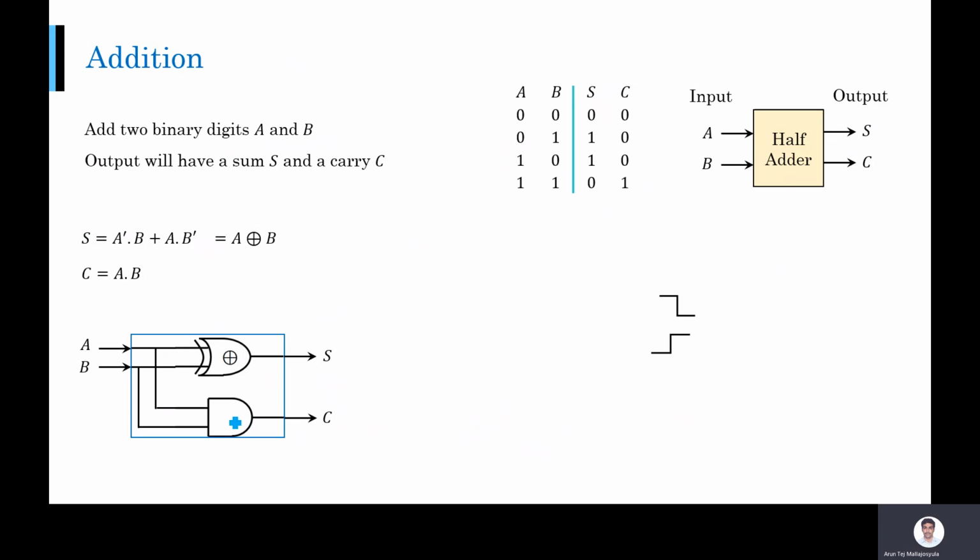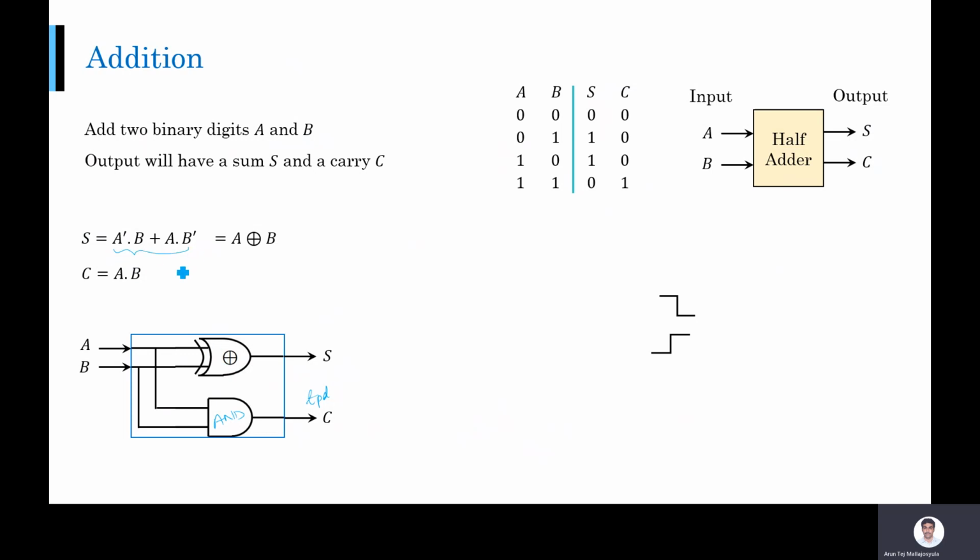You can see that it is having just one basic gate, one basic AND gate. So the delay will be simply T. On the other hand, what is the delay for your sum? You have to find the delay for your XOR gate. Right? So what is your XOR gate?